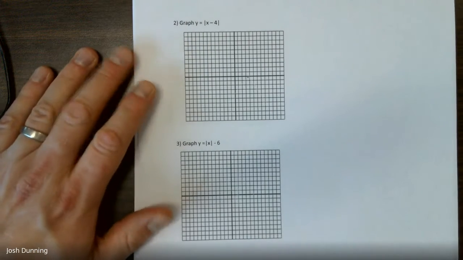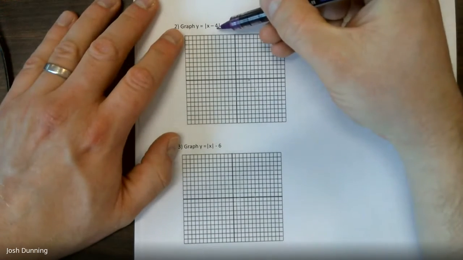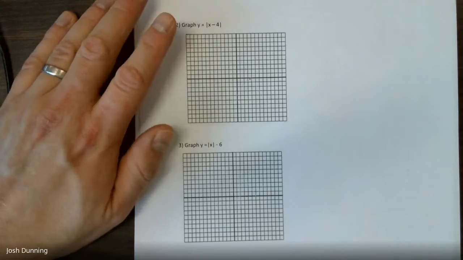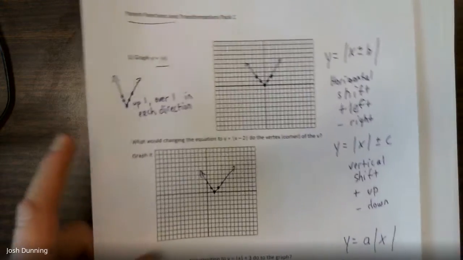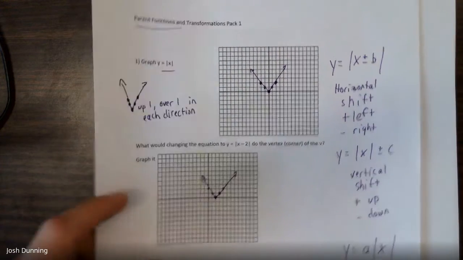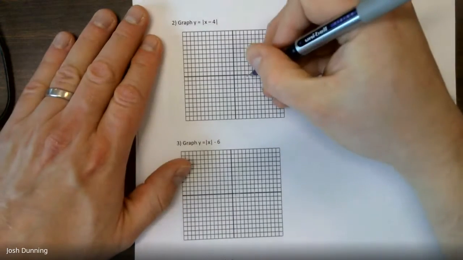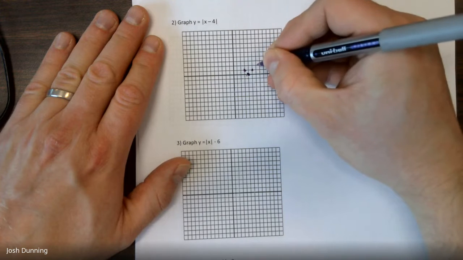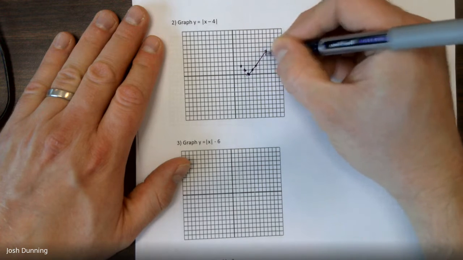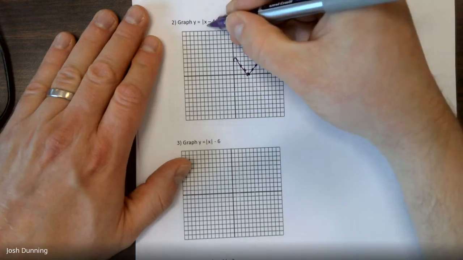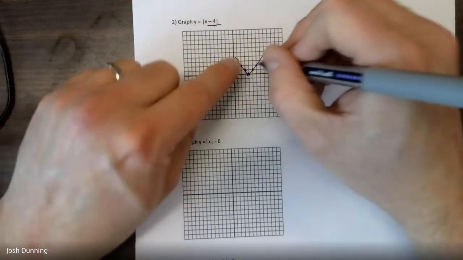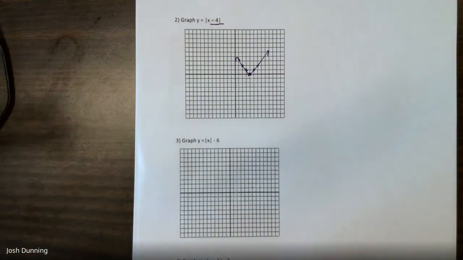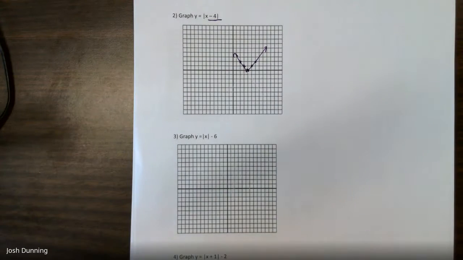So again, these are just some review here. Minus on the inside, we go back to these rules. Minus on the inside is right. Go right forward, put your dot. There's no other numbers, so it's just a normal right side up V, up 1 over 1. Like I said, these shifts right now are more important than remembering the pattern. Not like this pattern's very hard to remember, but